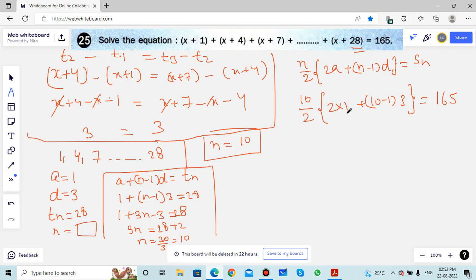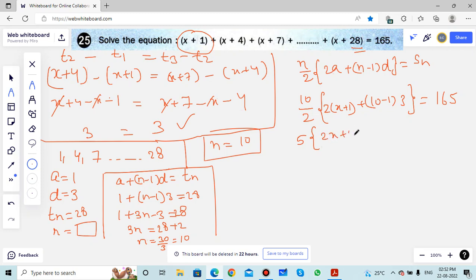First term is not 1. Common difference is 3 for sure, but this is not 1. First term is x plus 1 here. So I can write here x plus 1. Okay, so this will be 2 into x plus 1. Okay, 2a. Now, so this will become 5 and this will become 2x plus 2 plus 9 3 27 is